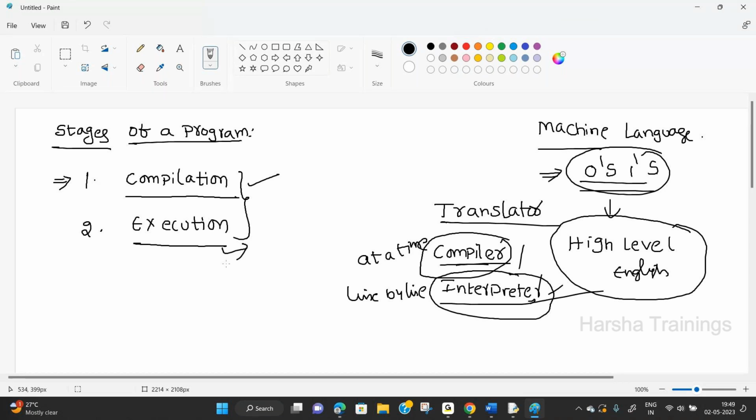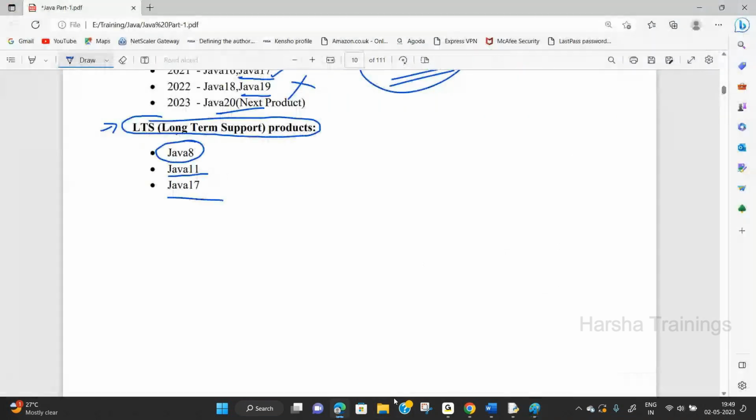Anyway, I will discuss this internally in detail. How to save the program, what happens after compilation, what happens after execution, everything I will show you like this.